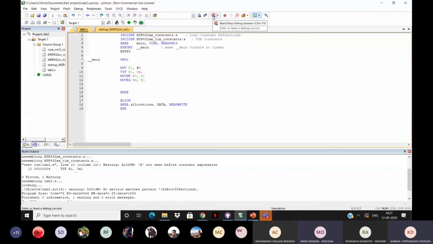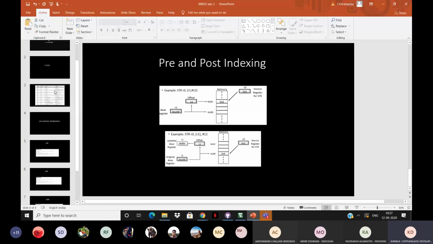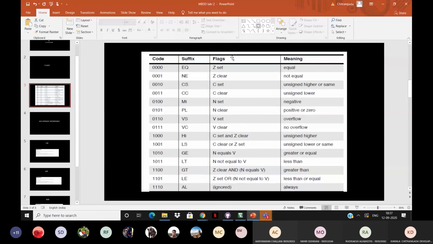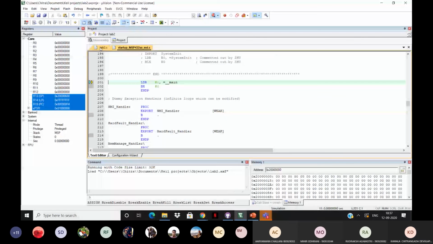Can you just show the NE and the EQ condition, so that we'll understand better, like what flags it takes and everything? Yeah. So NE and EQ, like I showed here, both deal with the Z flag.